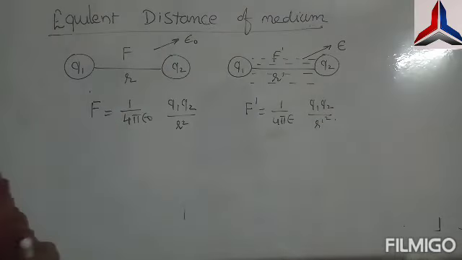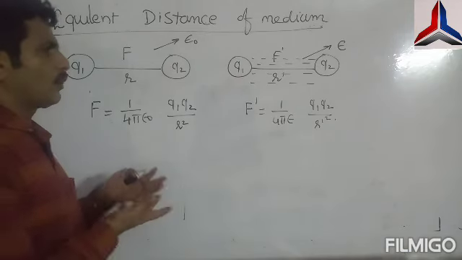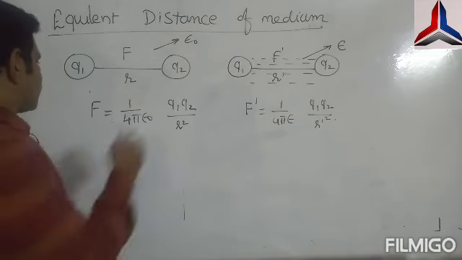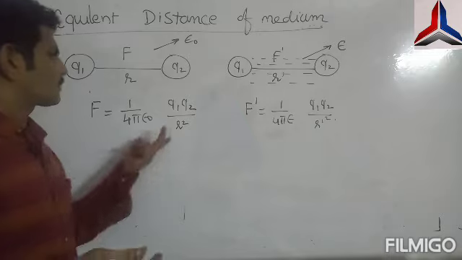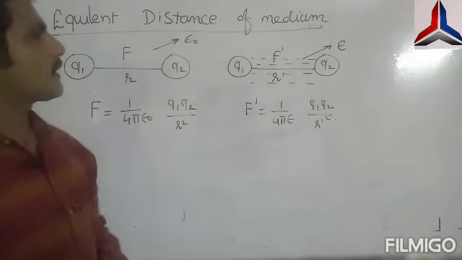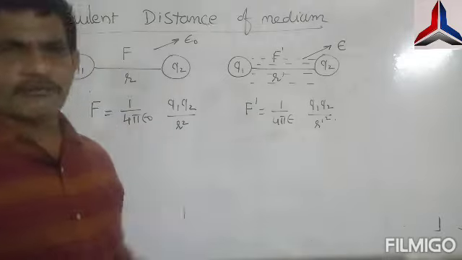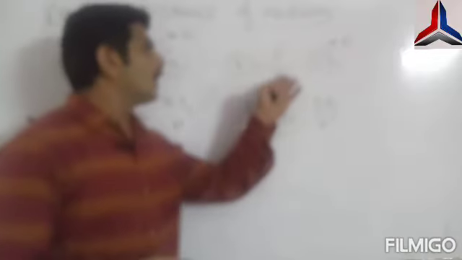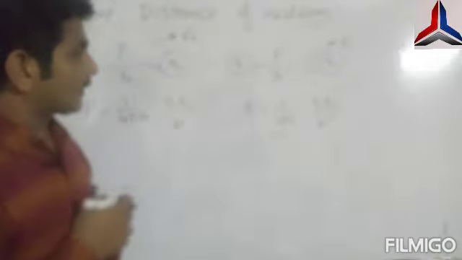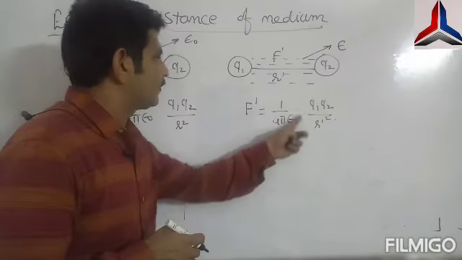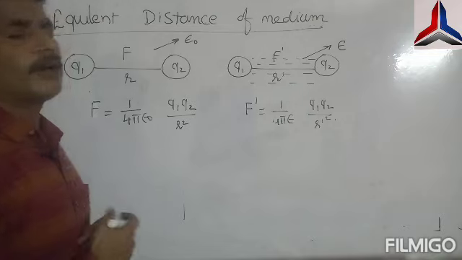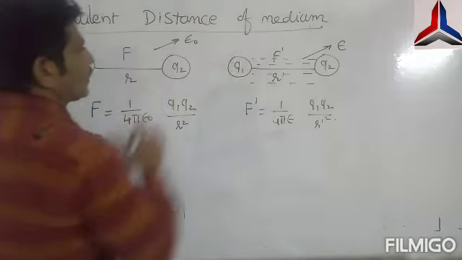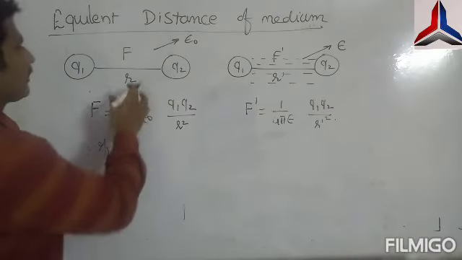Are you getting my point? So naturally, what is the difference in that? Nothing. If two charges are separated in air, the force formula is F equals 1 by 4 pi epsilon naught Q1 Q2 by R square. If these two charges are separated in a medium, we can call it F dash, 1 by 4 pi epsilon Q1 Q2 by R dash square, because the permittivity of the medium is epsilon. But the problem is that we don't want to write in this format; we want to write in this format. How can it be possible? If these two forces are equal, there might be a relation between these two.